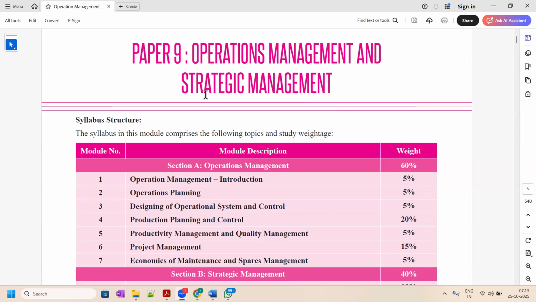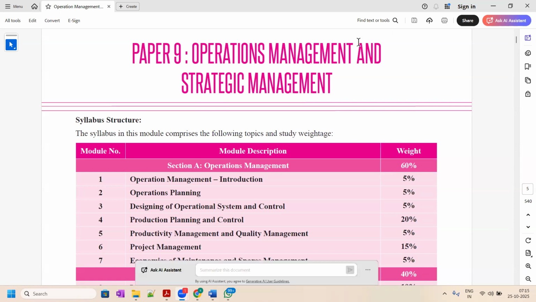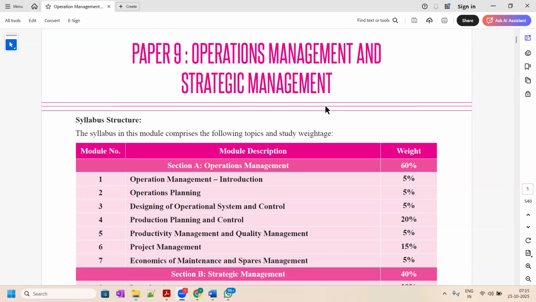We are going to discuss the first module. The first module is the introduction to operation management. And as you can see, the weightage of this module is only 5%. The overall weightage of the subject operation management in a 100 marks paper is 60%. Out of 60%, the 5% is the weightage of this topic, the first unit we're going